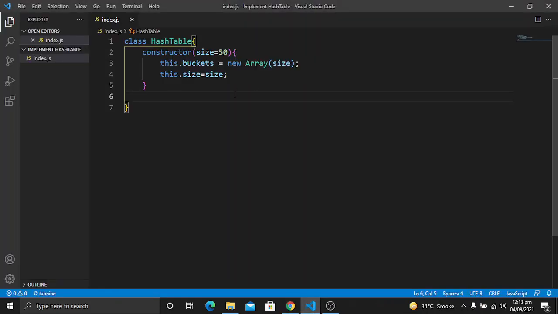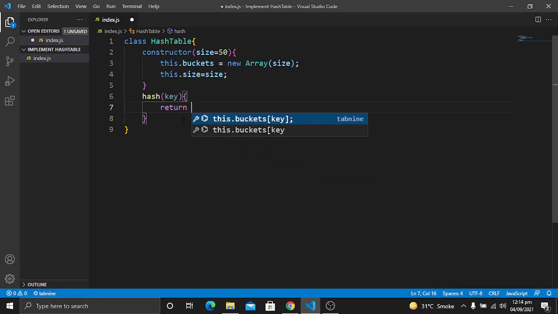So first let's create this hash function. It will receive the key that will be passed as an argument when we call this function, and it will convert this key into a string,